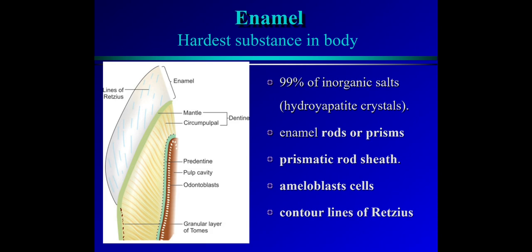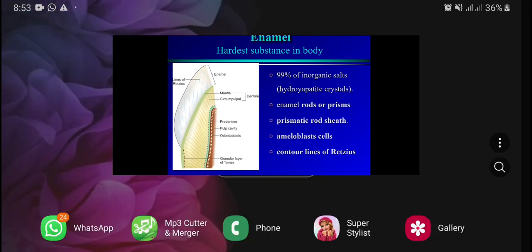Okay, so we have seen the enamel and the dentine, which form the larger portion of the tooth, and both are the hardest materials present in the body. Enamel is the hardest substance present in the body, and after that there is the dentine. So we have seen these two parts of the tooth. Then we'll go to the next part.